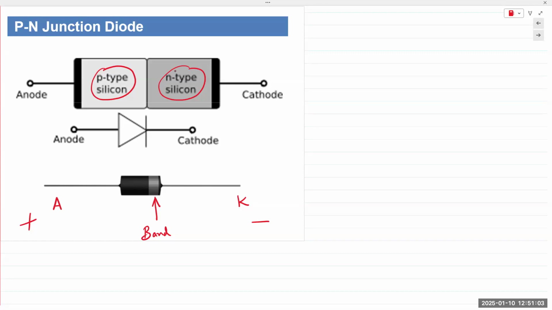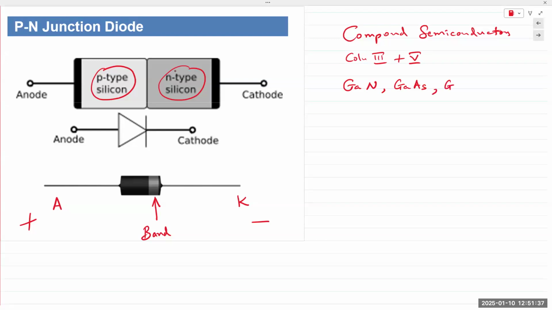And many of these compound semiconductors, we'll talk about these compound semiconductors. Column 3 plus 5. Some examples are gallium nitride, gallium and arsenic, gallium arsenide, there is gallium phosphide. But gallium arsenide